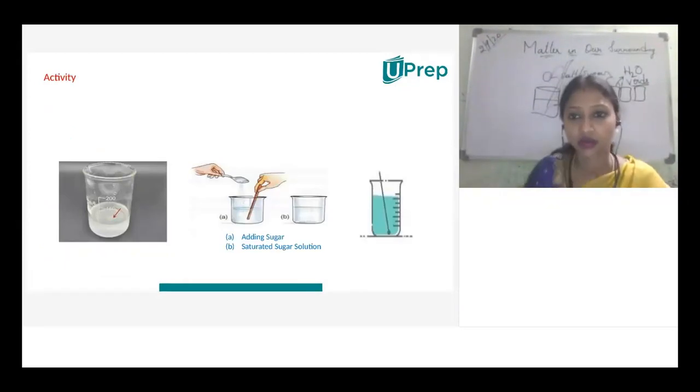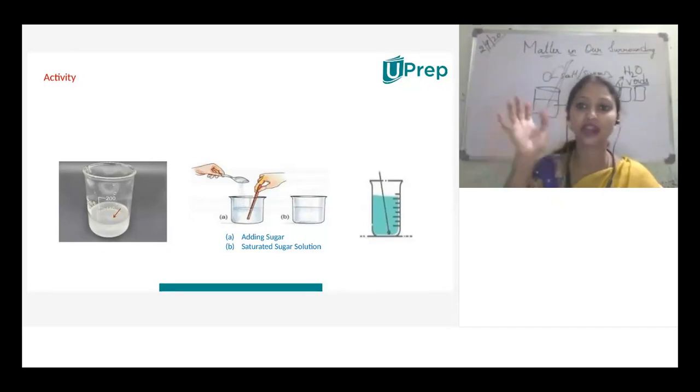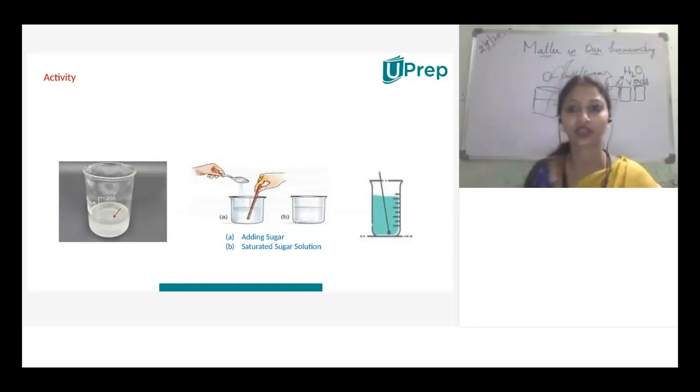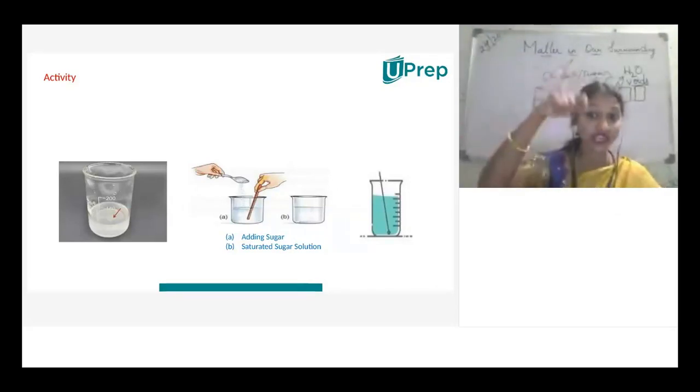Next. We have discussed the characteristics of matter. This is the activity. We have taken a beaker containing a few ml of water. The spoon used in the laboratory is called a spatula. Children, please write running notes, it's better, so that you can read the topics again after the class. We take a spatula full of salt and stir it with a glass rod.